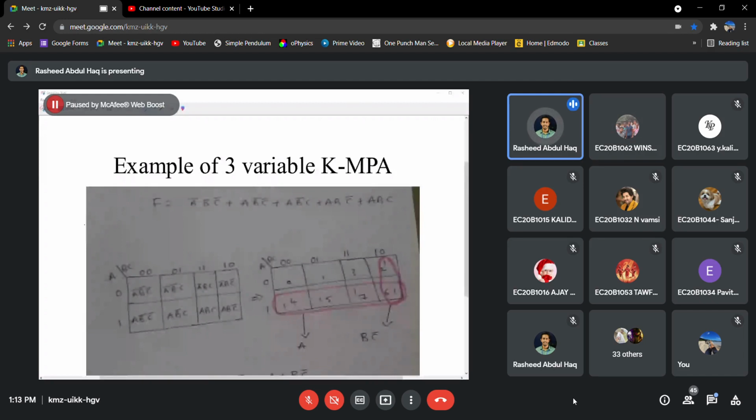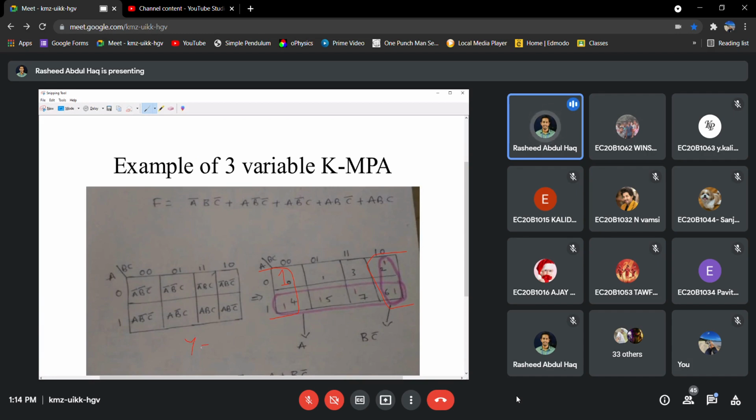Here also 1 will come. So according to my method, this will be grouped like this and like this. So these 4 will be grouped. Okay, so the answer will become